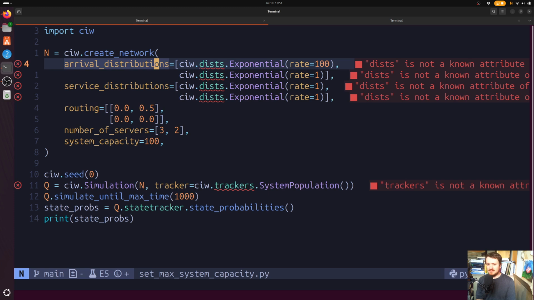So what ends up happening with the capacity as a fixed number is that you don't get to change it later, and so there are other ways of trying to control the capacity in a dynamic way that are less direct, in terms of controlling things like blocking mechanisms. But this is a good global setting to just simply say, we want to set the maximum. So if for some reason you're simulating a system where it's not the individual nodes, but the whole system has a maximum number of customers or whatever that are allowed to be in it at once, this is an example way to implement that using the